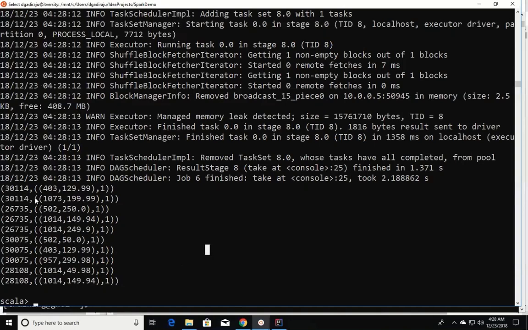Now from this, we don't need order ID anymore to compute the revenue for each product. We don't need this one anymore. We just need this value, and using this, we should be able to group using product ID as key, and we should be able to get the revenue. Okay. So for that, we just have to extract this information, and on top of it, we can use reduceByKey